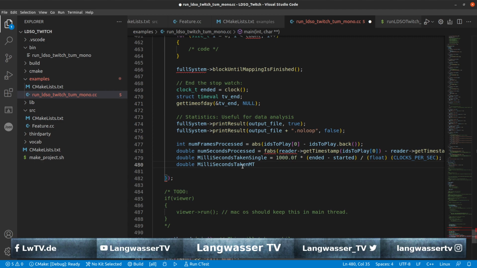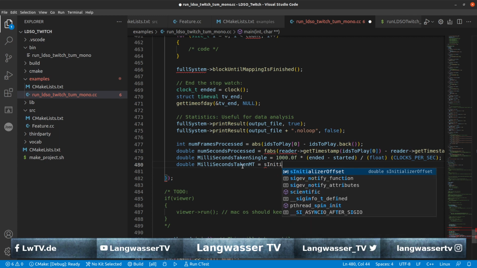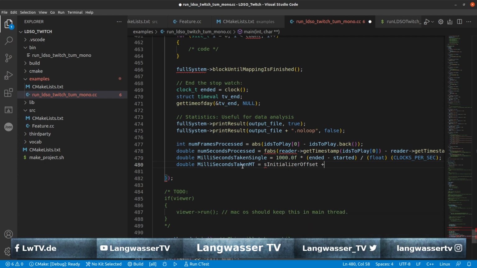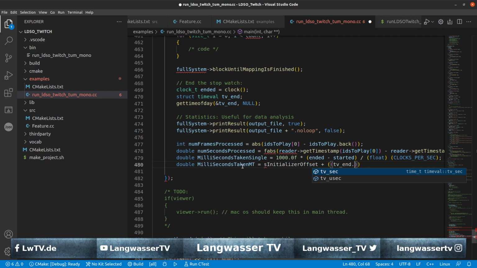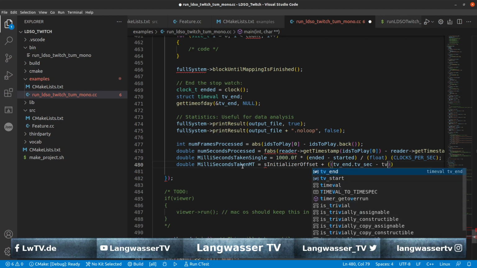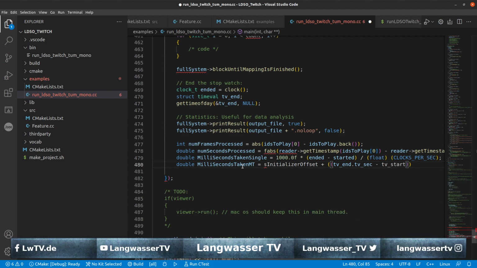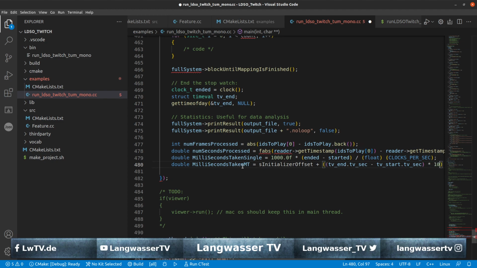That means that single is probably a single thread, and MT is multi-threading, which is computed as initializer offset plus the time value end dot time value second minus time value start dot time value second, and this multiplied by 1000,